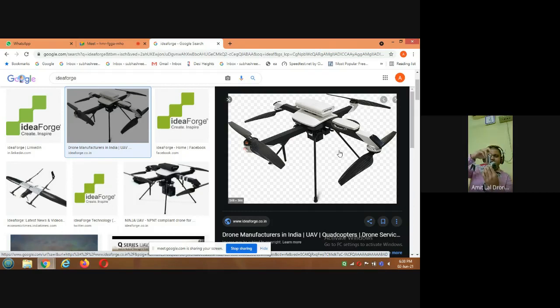So on this side, let's say if I keep the camera here and I keep the rotor up, I don't get the camera view there. So that's how these types of drones work.